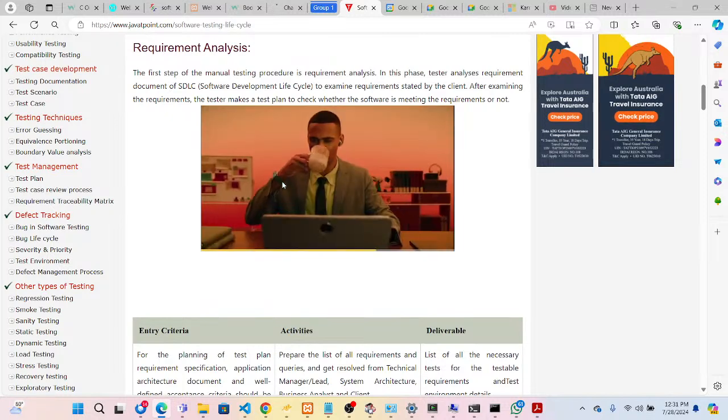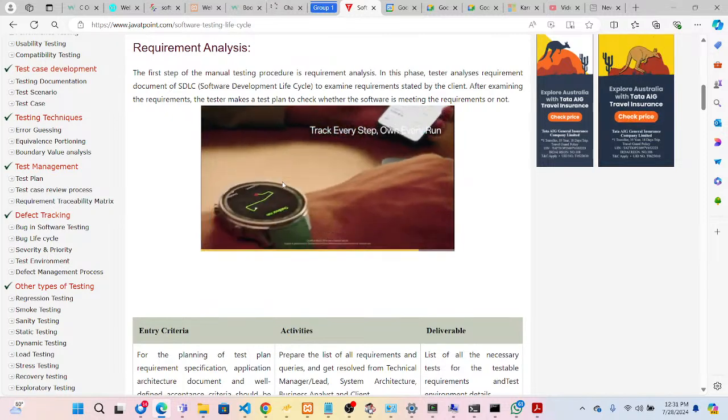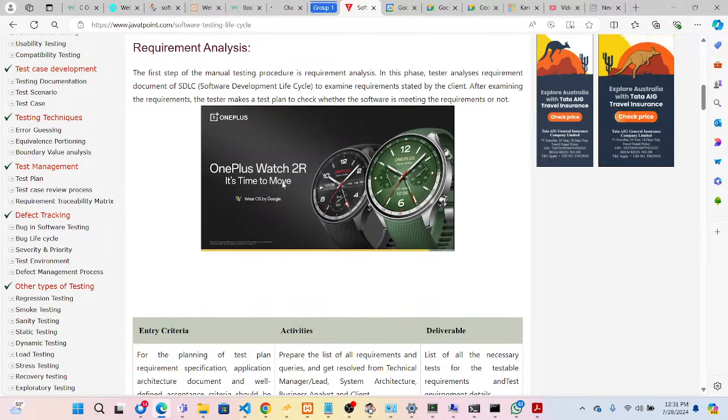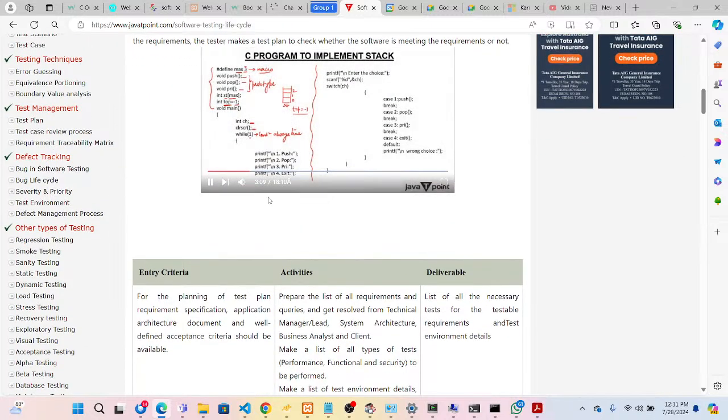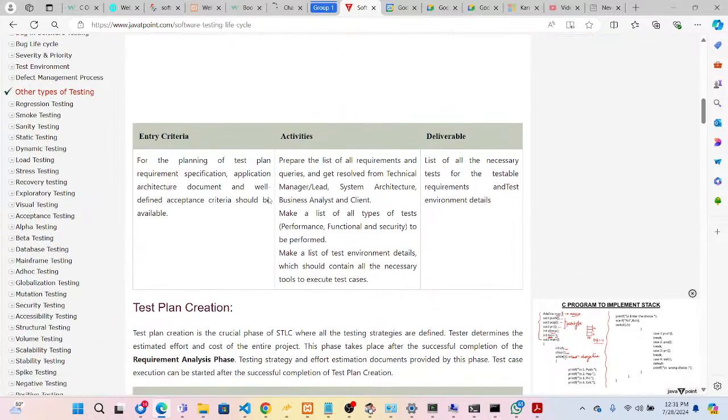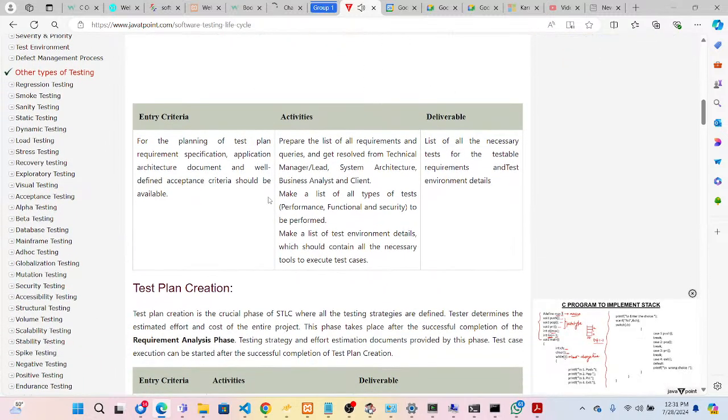During the requirements analysis there will be a requirement specification document. So you have to review that requirement specification document, and you have to actually create a test plan, whether the software is meeting the requirements or not. So the entry criteria for the planning of the test plan: requirement specification, application architecture document, and well-defined acceptance criteria should be available. So you need to take out all these as the input requirements, and then prepare your test